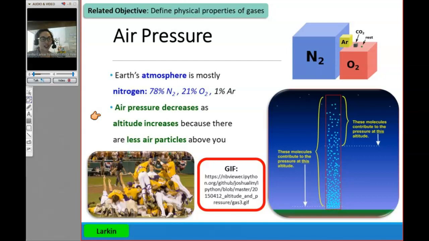And why does it get harder to breathe the higher up you are? Tell me in the chat box, why does it get harder to breathe the higher up that you are? Yeah, there's actually less oxygen higher up in the atmosphere. The air is thinner, and what's also happening is there's actually lower air pressure the higher up you go. Now, this has to do with a concept I think you're familiar with. Do you guys know what this is called down here? What's going on with these baseball players right here? What is that called?